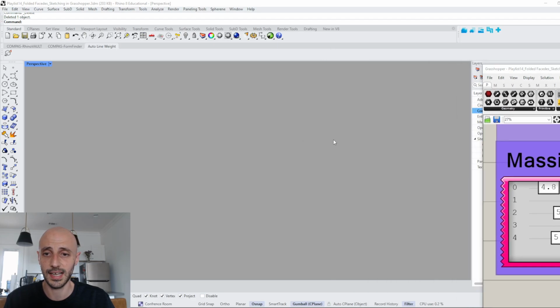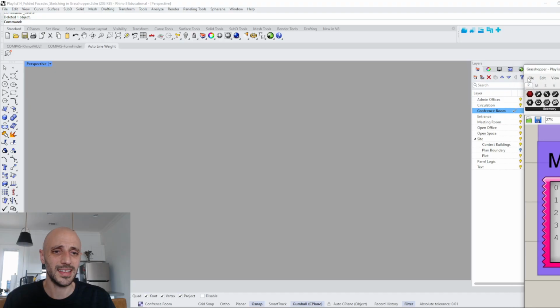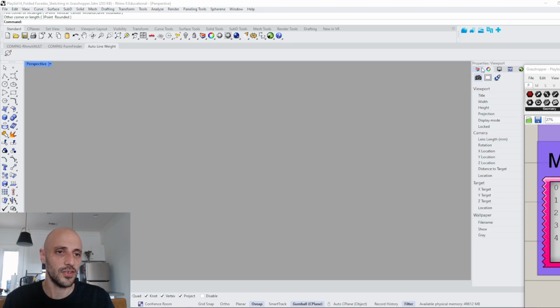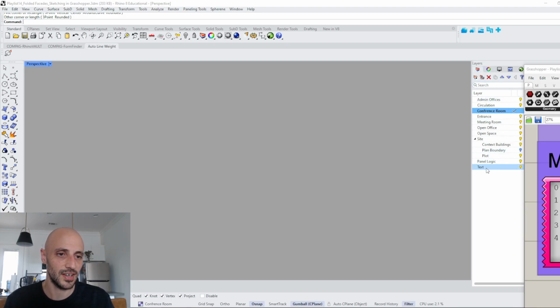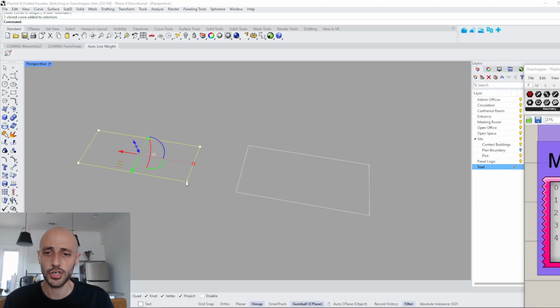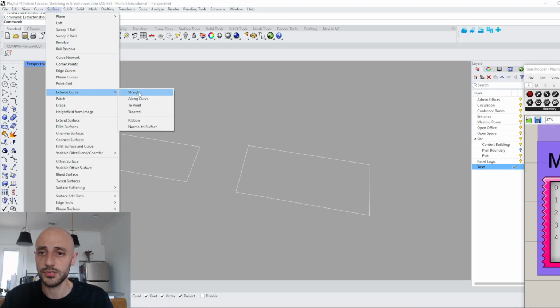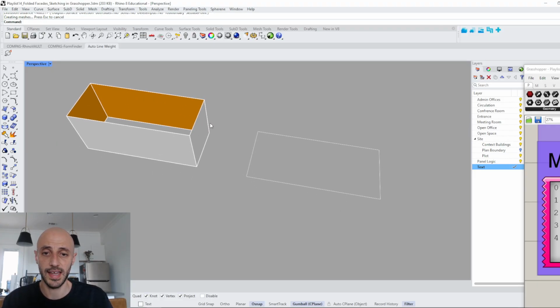I'll get to Grasshopper in a second, but how this parametric design works is that it basically starts with a tiny foundation in Rhino. If I grab a curve here, and activate record history, after this point everything will be recorded in Rhino. So I have this curve, I extrude it: I go to surface, extrude curve, select straight, I extrude this, and it is done.